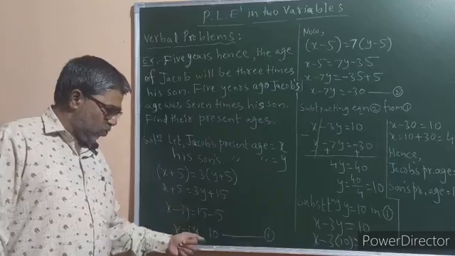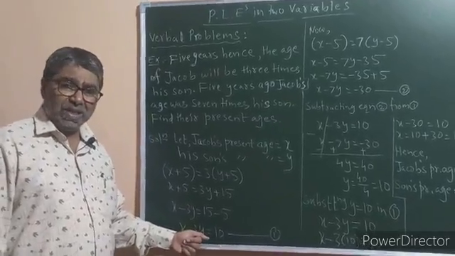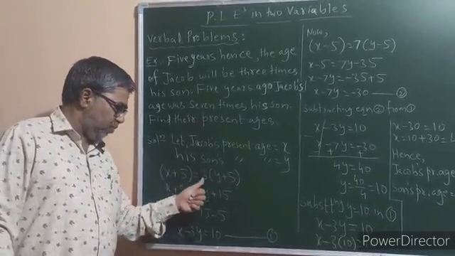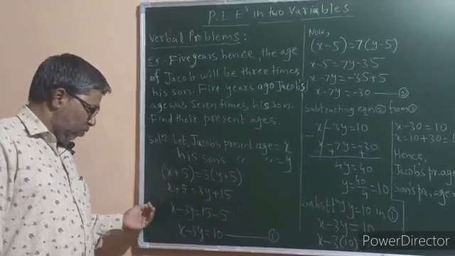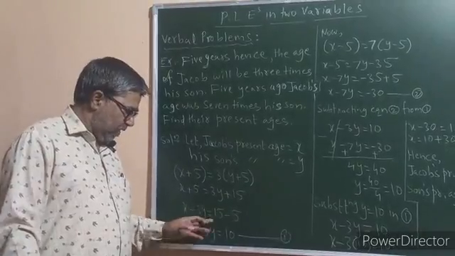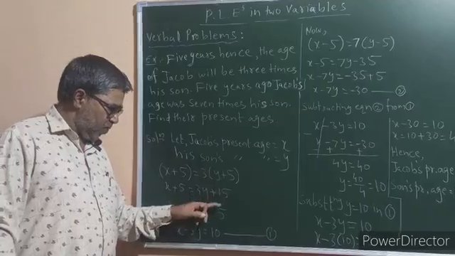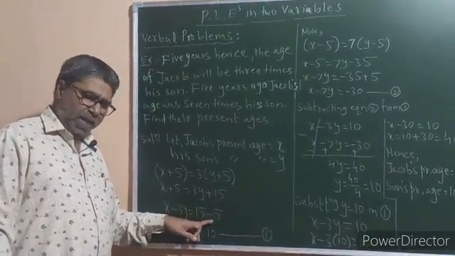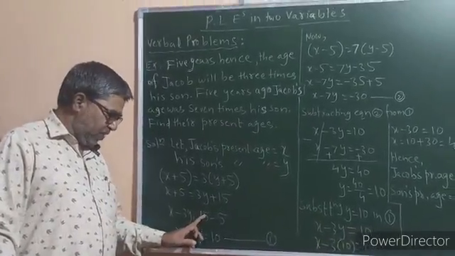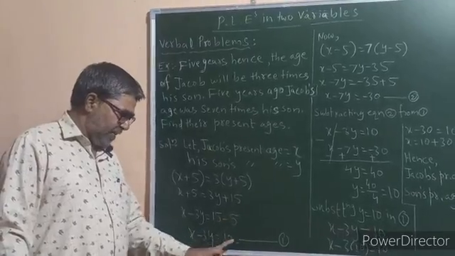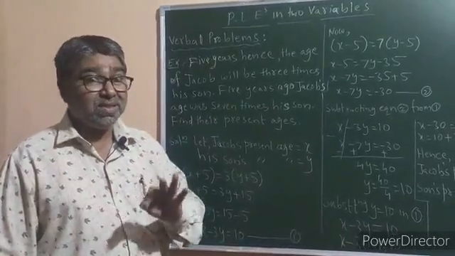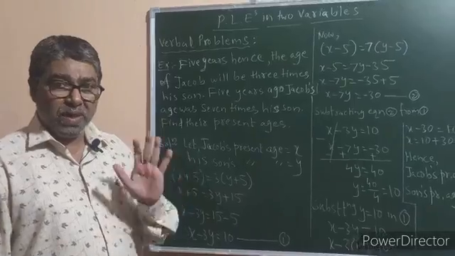So you simplify this to get the first linear equation in two variables. So x plus 5 is equal to 3y plus 3 fives are 15. Take 3y towards left and plus 5 towards right. So x minus 3y is equal to 15. Plus 5 shifted to RHS will become minus 5. So x minus 3y is equal to 15 minus 5, means 10. So this is the first linear equation in two variables.